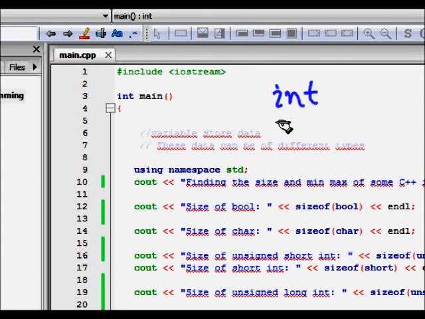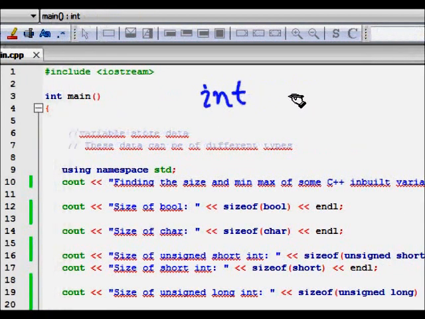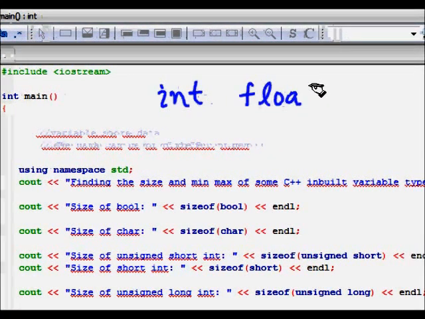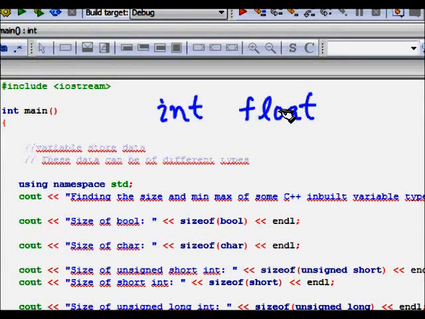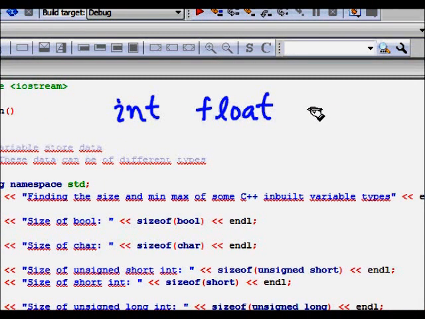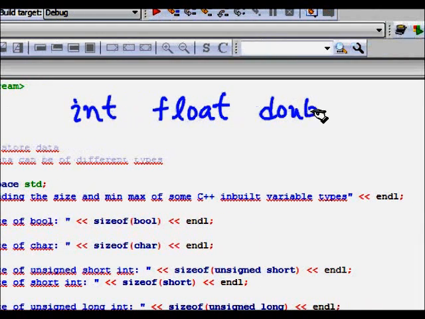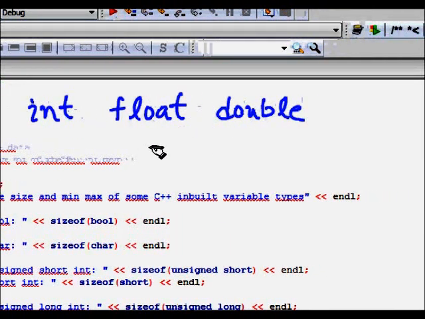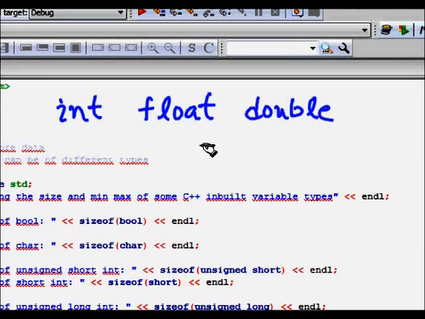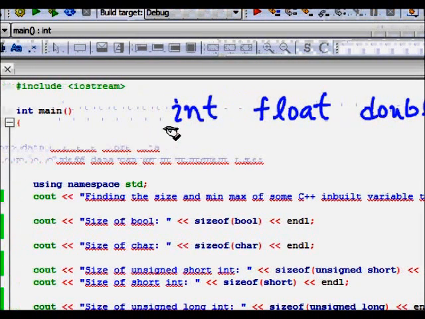First the numbers: we have int, which is used to represent integers. Then for decimals you have float, to represent fractional values. Then you also have double to store decimal numbers.